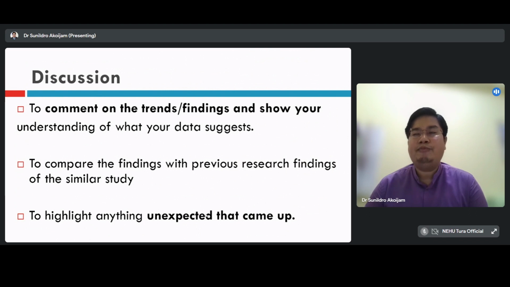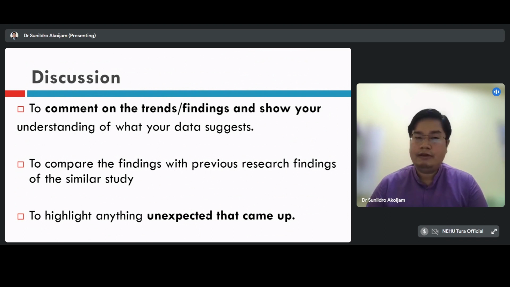And one very important thing, let me tell you here, that in today's time when you write a discussion, you always have to compare your findings with the previous research findings. You have to tell whether your research is similar or different. If similar, then in what line, and if it is different, then how is it different? And what are the reasons for those differences? You should always compare. This will strengthen your discussion and the findings of your paper.